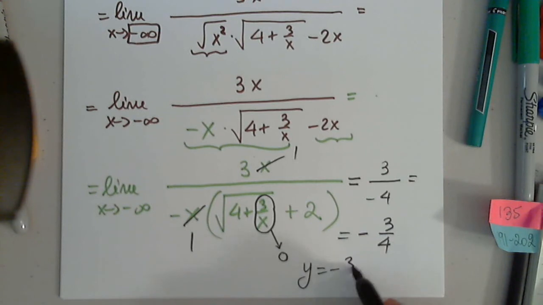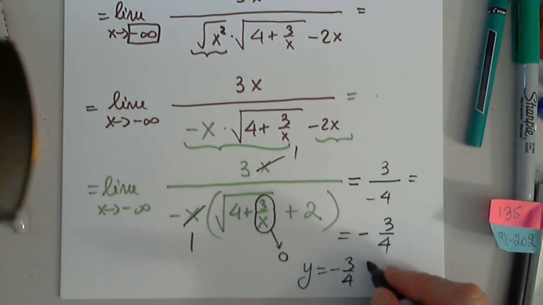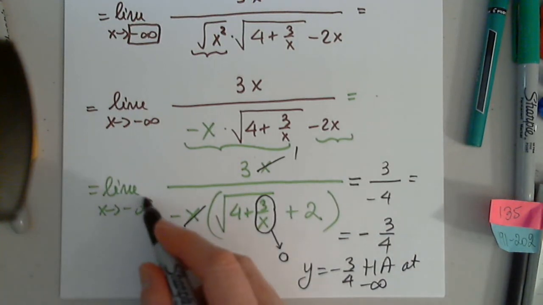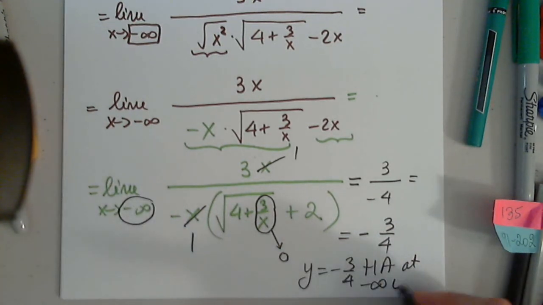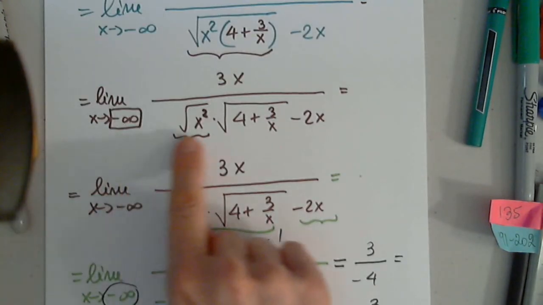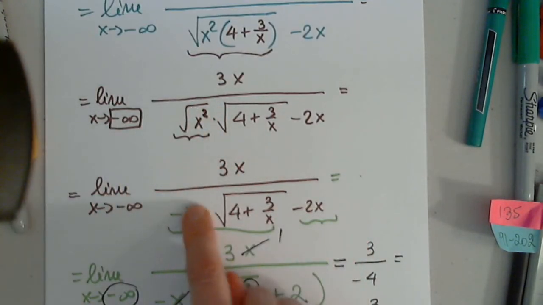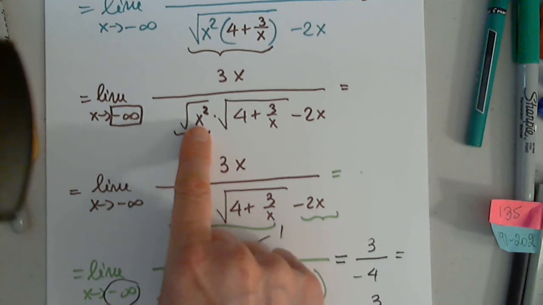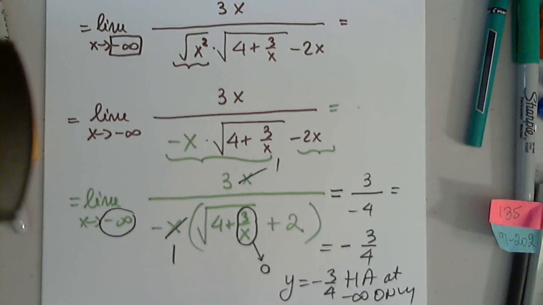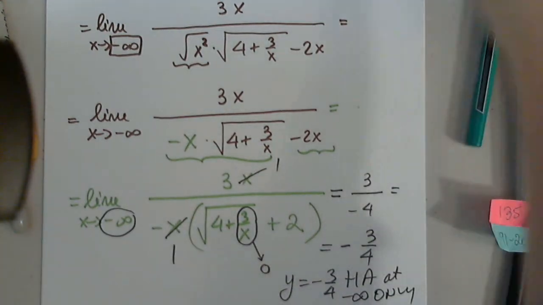Horizontal asymptote at negative 3 over 4. Negative 3 over 4 is a horizontal asymptote at negative infinity categorically, definitely, only. Why? I used it. I used it to simplify this into negative x. If I hadn't used it, I would have said at both ends, plus or minus, everywhere. But I used it, so